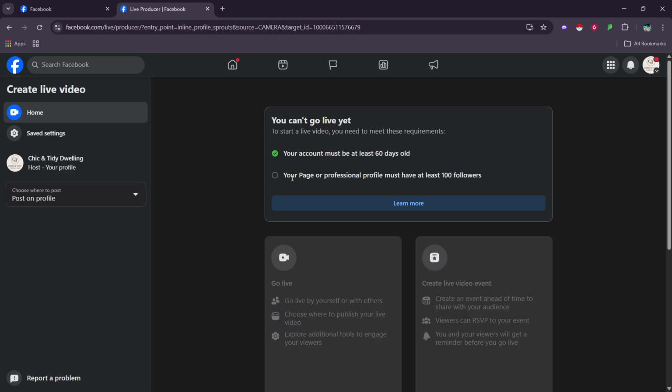When everything looks good, click Go Live. You'll see a brief transition and then a live indicator. Speak clearly, check comments periodically to engage your audience, and keep an eye on your connection status. When you're finished, your broadcast will be available as a video on your page for viewers who couldn't make it live. And that's all you need to go live on your Facebook page with confidence.